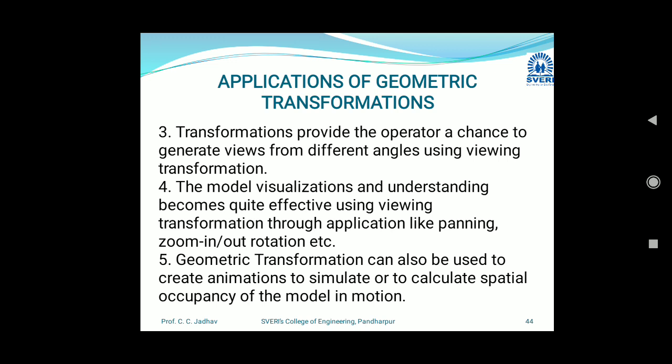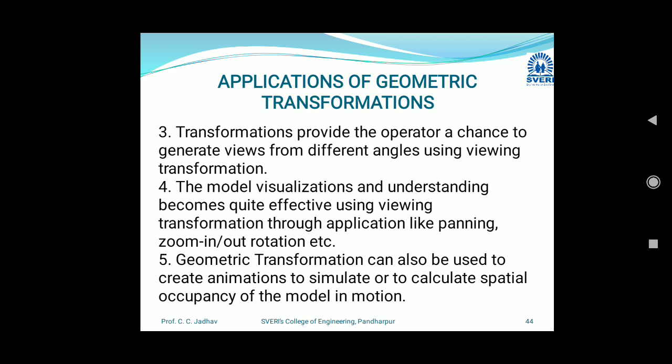So those are the important benefits or applications of geometric transformation, whatever we have seen in this chapter, from geometric transformation to CAD/CAM data exchange. So the first part of this chapter, geometric transformation in computer graphics, is completed.